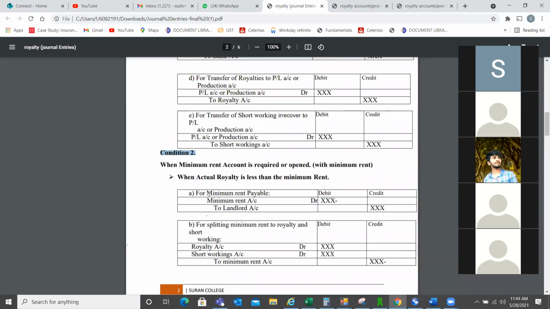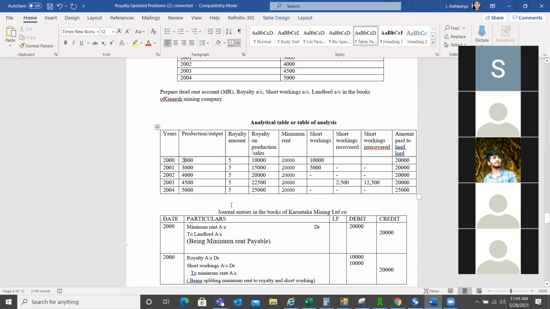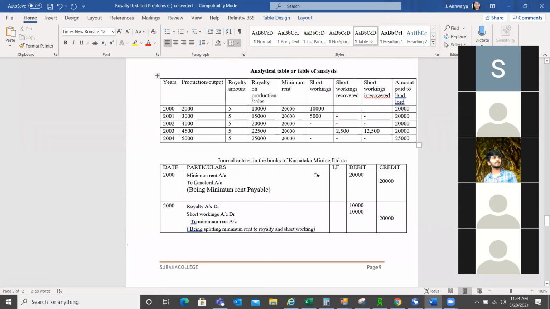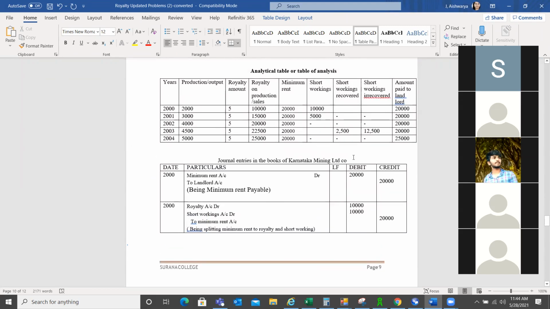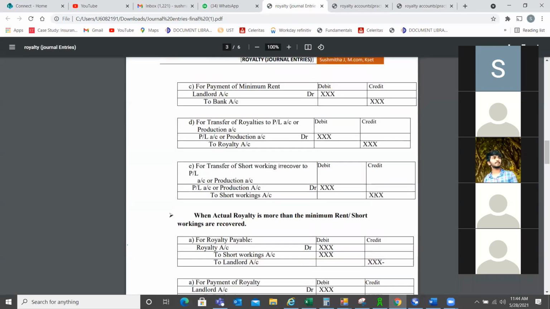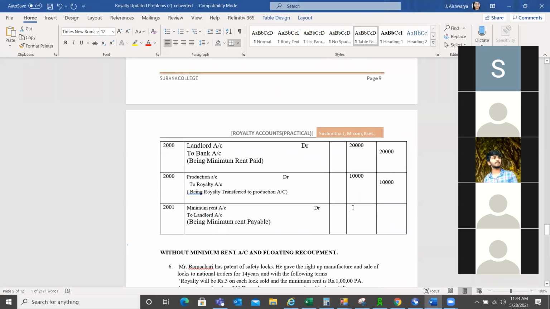Okay. So, Nandini, what is the first transaction that I have to take place? Minimum rent payable. Very good. That's an outstanding entry, right? It's an outstanding entry that I have to take. That is same 2001. For 2001, you have to write it. And how much is the minimum rent amount? 20,000. Same amount has to be debited and credited in each of the column. Yes. Then next